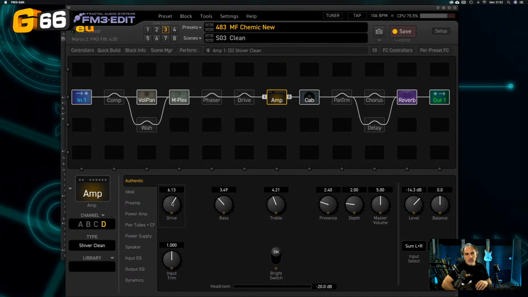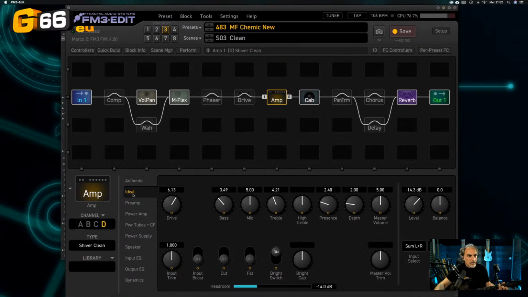This is to get much more dynamic in the clean sound. Okay, and also in this case I enable the booster of the amp to get more distortion,